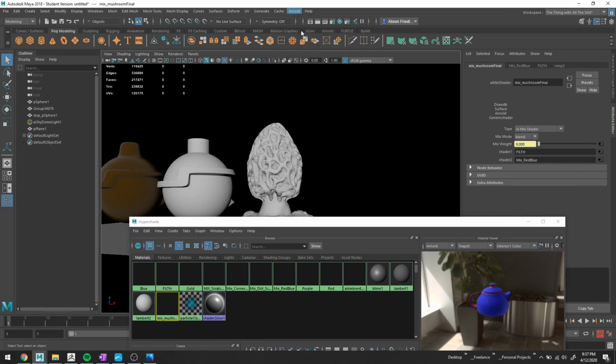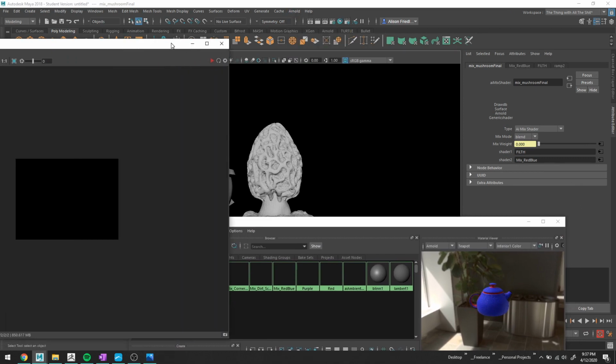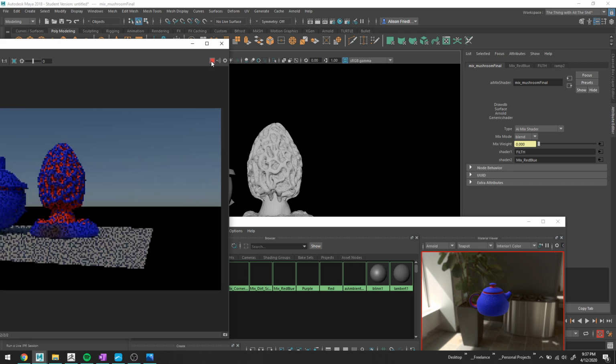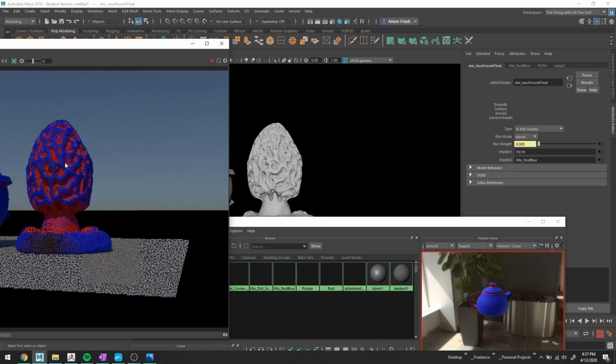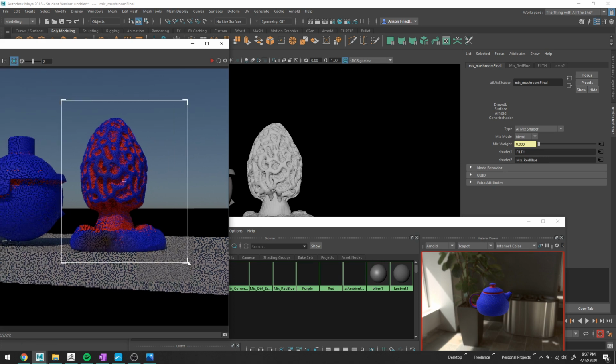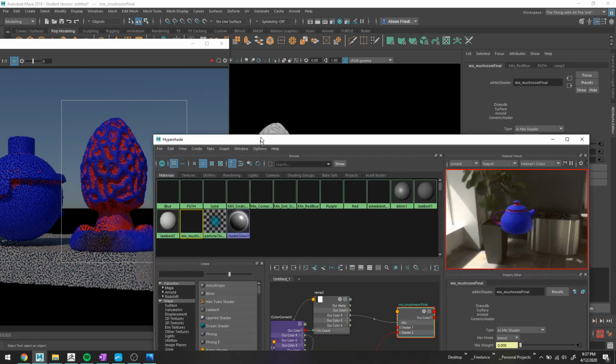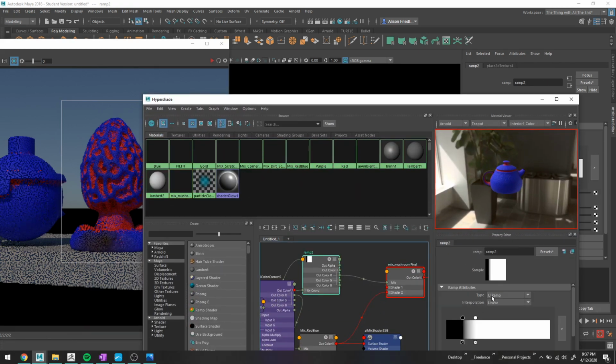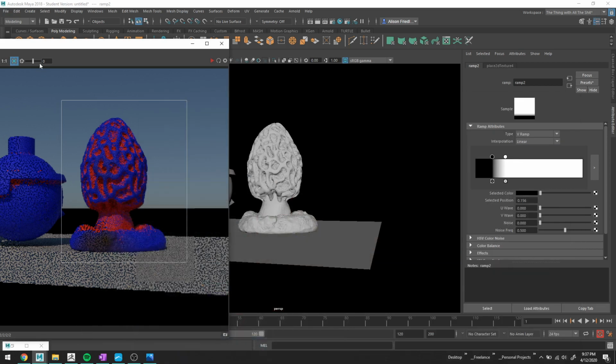Sometimes it gets unhappy if you add in new shaders because it likes complaining about things. Oh. Nope, it's doing what I asked for. This is the correct node. I've just apparently set it to a U ramp and then didn't set it back off of a U ramp because I'm dumb. So switch that to a V ramp and play that again,